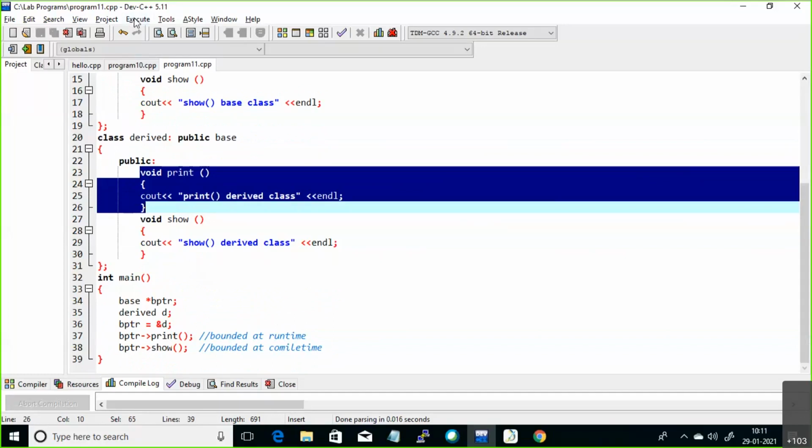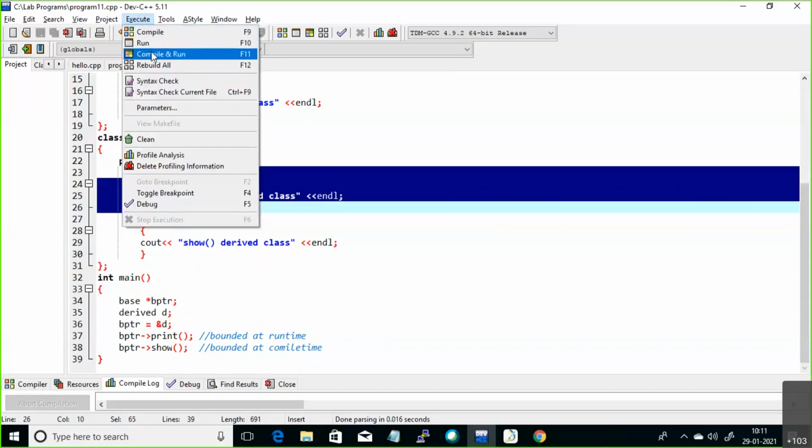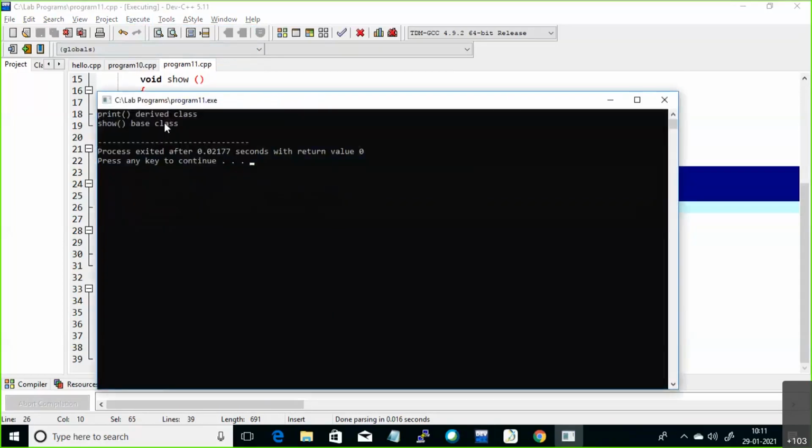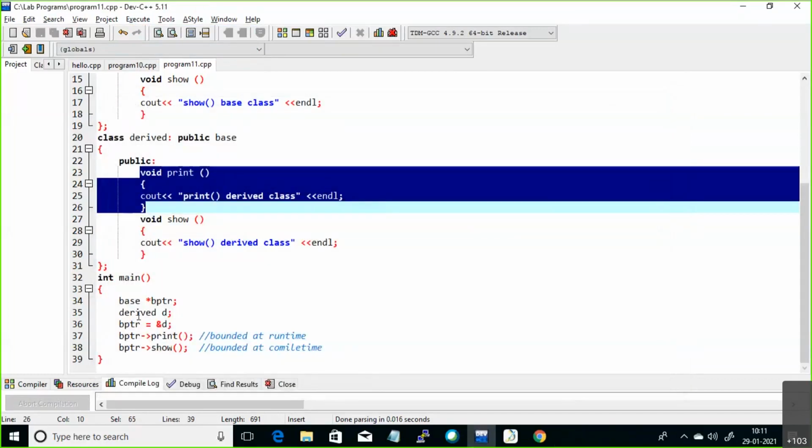Now it is going to execute derived class print method, print derived, and show base class. By using base class pointer, you are calling derived class object. This function call is bound at the time of running your code, so that you are in a position to achieve runtime polymorphism.